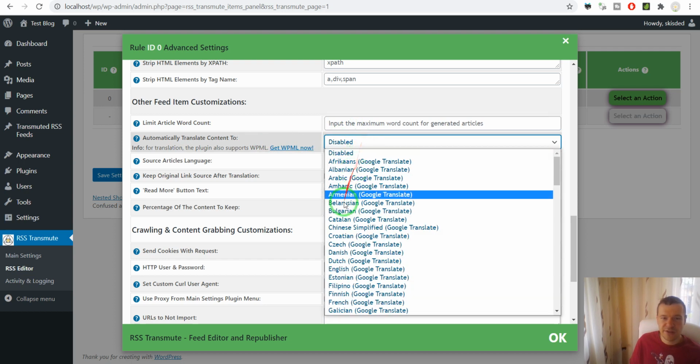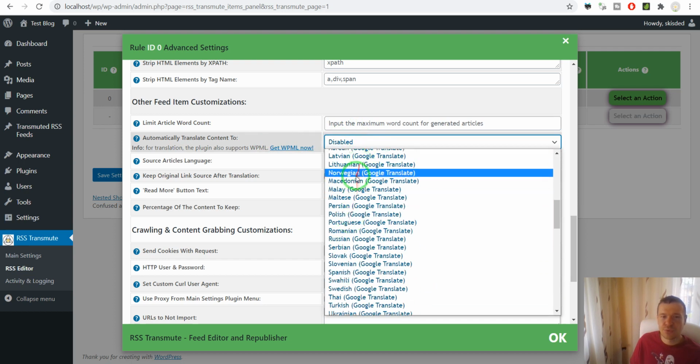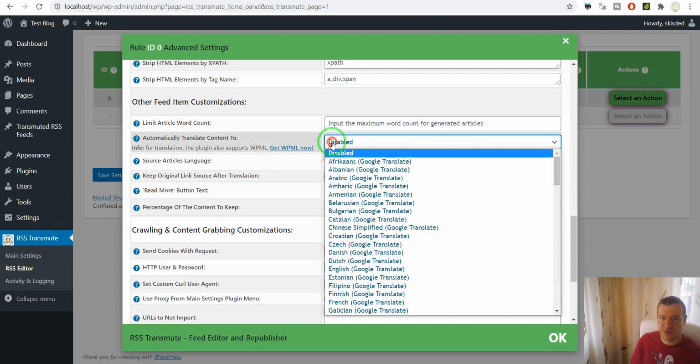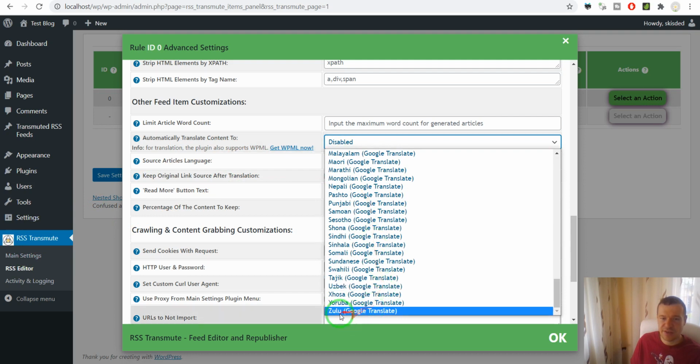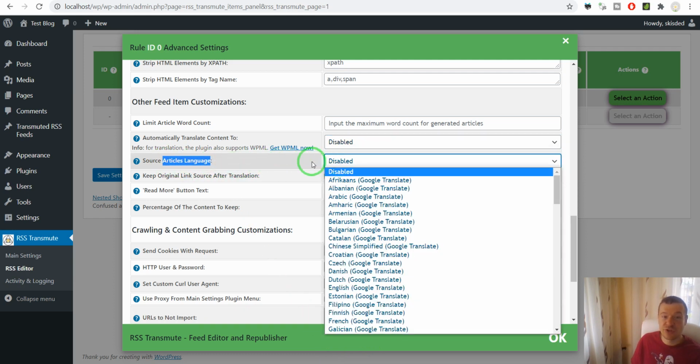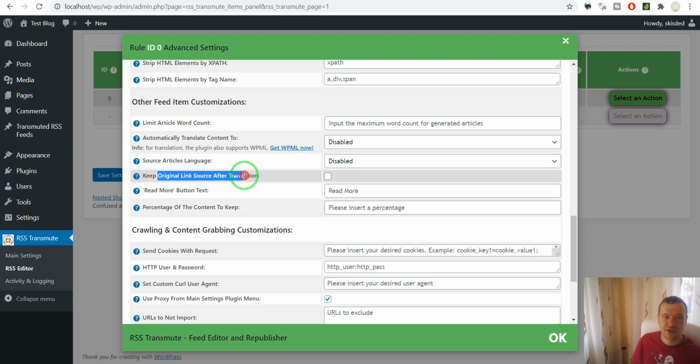Automatically translate content to any language using Google Translate. If you wish to use DeepL, you should set the DeepL API key in the main settings, and DeepL translator settings will also appear here, and DeepL languages will be listed afterwards here. Source article language, the language in which the article was originally written. Keep original link source after translation. You can check this to force Google Translate to not